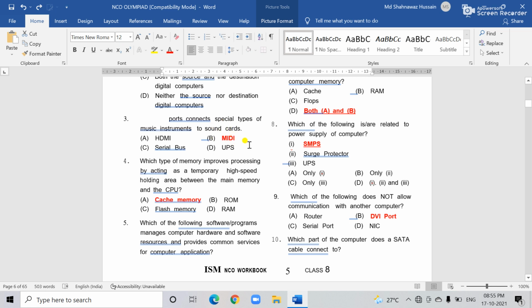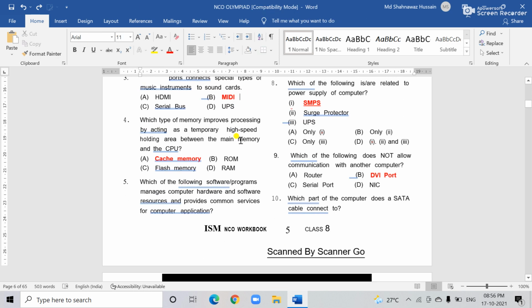MI means the musical instrument. So the correct answer is the MIDI, right? And the fourth number question: